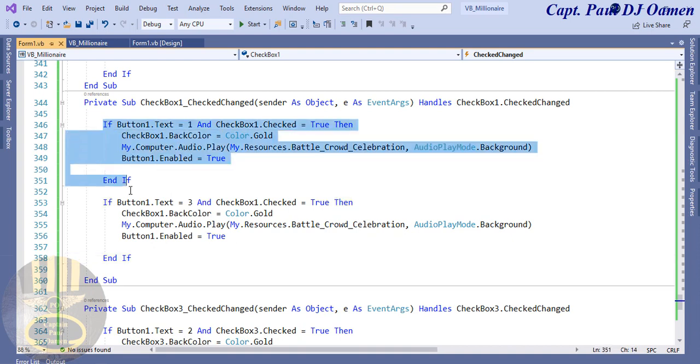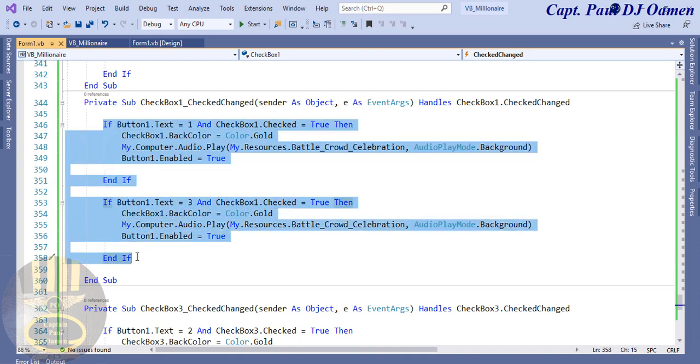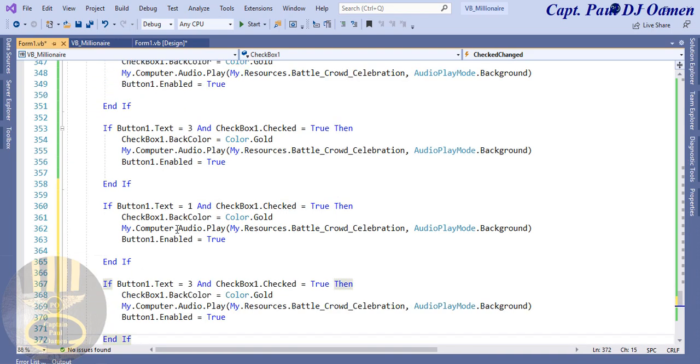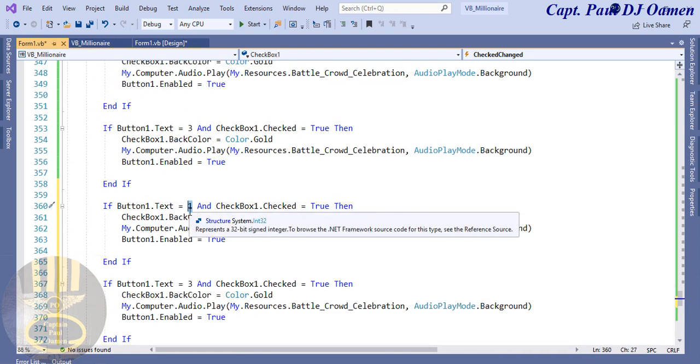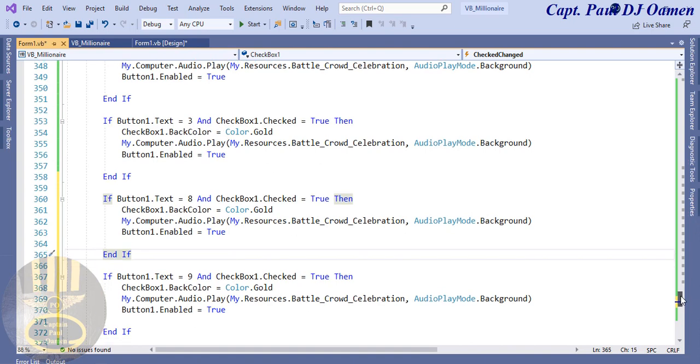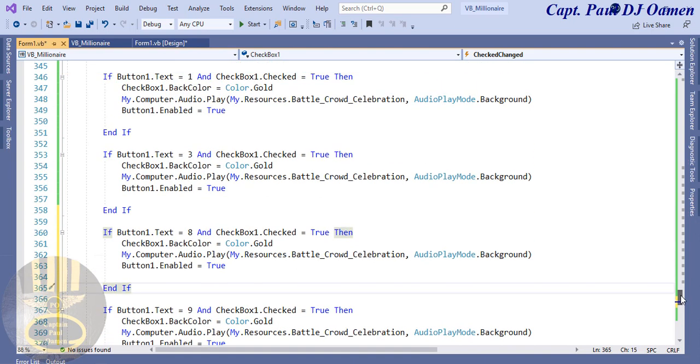So I'm going to copy these, paste it there, and this will come when is 8 and when is 9. Okay, there. So that is taken care of, which means the losing questions will be 2, 4, 5, 6, 7,